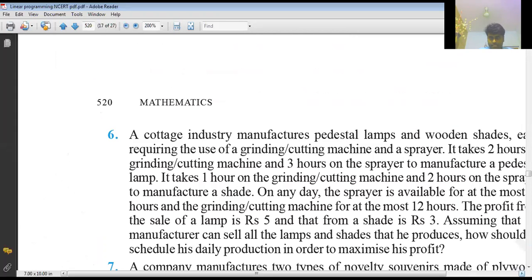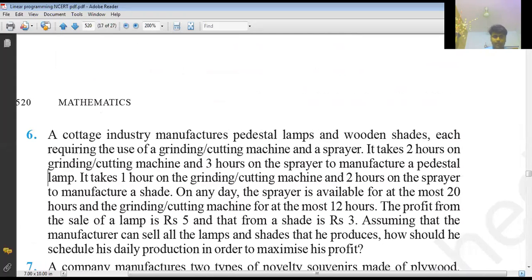A cottage industry manufactures pedestal lamps and wooden shades, each requiring the use of a grinding and cutting machine and a sprayer. Okay, so to manufacture these two types of items, what are the works we are going to do? Two works. What are those? Grinding or cutting, first work. Second work, sprayer. Correct? So two types of works we are going to do to manufacture pedestal lamps and wooden